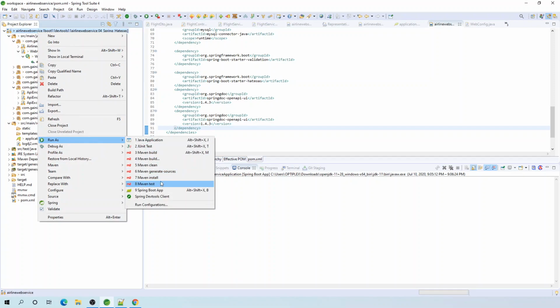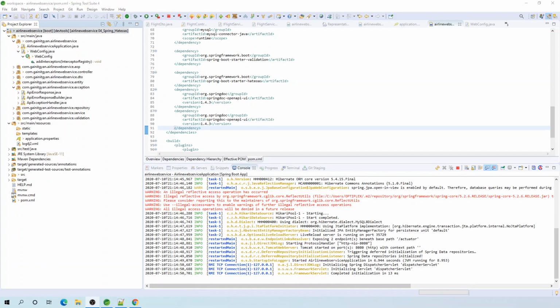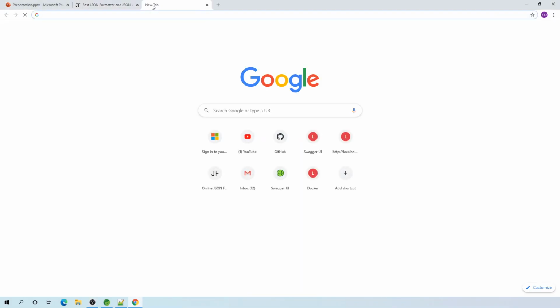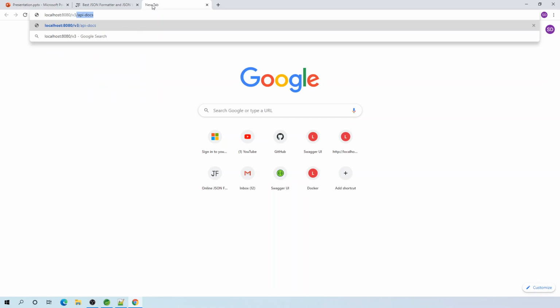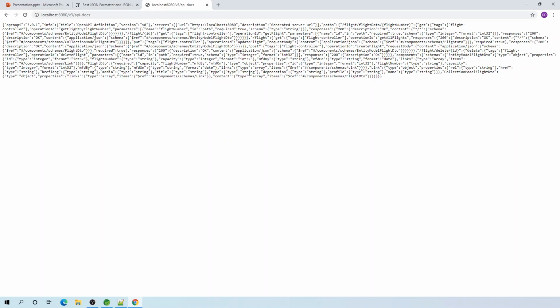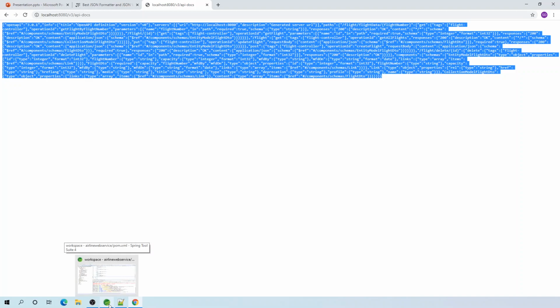and let's try to access the default Swagger API docs for our application. Okay, the application is up. So what I'm going to do is go to the browser and try to access the Swagger API docs. So the URI is going to be v3, that is the version 3 API docs. If I hit enter, you can see that I get the JSON format of all the APIs in our